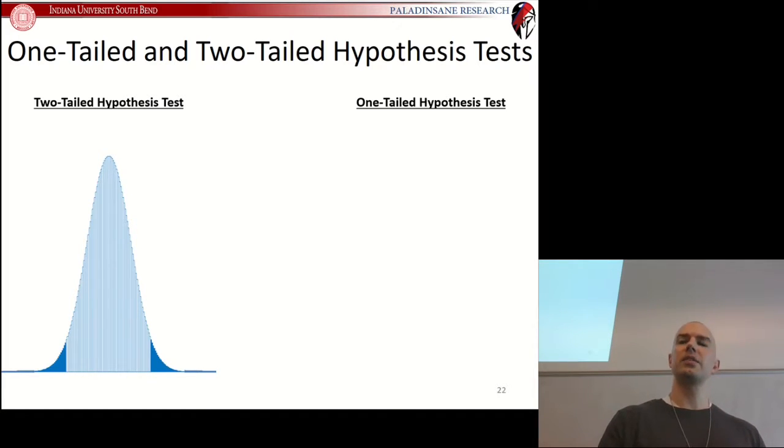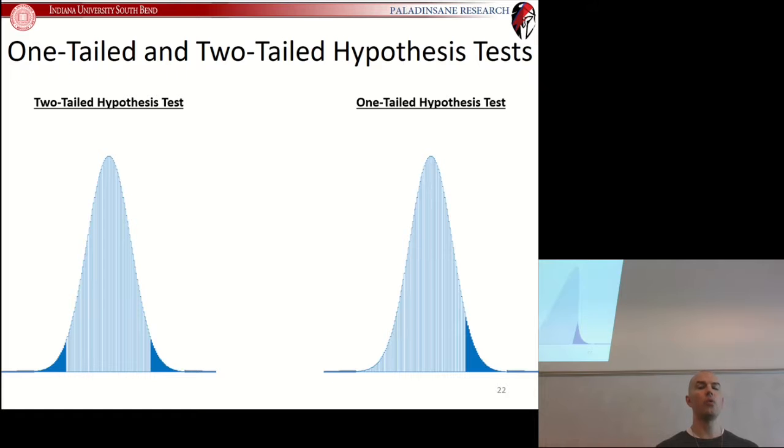On the other hand, sometimes because of the nature of the question you're asking, you want to do what's known as a one-tailed hypothesis test. A one-tailed hypothesis test, like it says on the tin, only has one tail, only has one line in the sand, only has that one critical area that you're looking at. So the two-tailed hypothesis test or the one-tailed hypothesis test, which one you use, completely depends upon